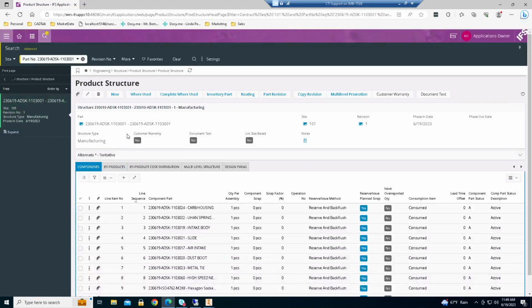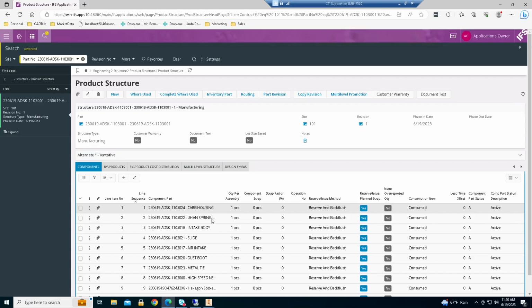As you notice, there's the structure that I created. So not only did I create all of these new parts in IFS Cloud, but I also created the structure here, as well as set the revision, the phase-in date, the site. If I had attached any documents, they would show up in here as well. And really, I can see the fully indented everything here in the bill of material. So just that quickly, I went from engineering to manufacturing, and now in IFS, everything can be released to the